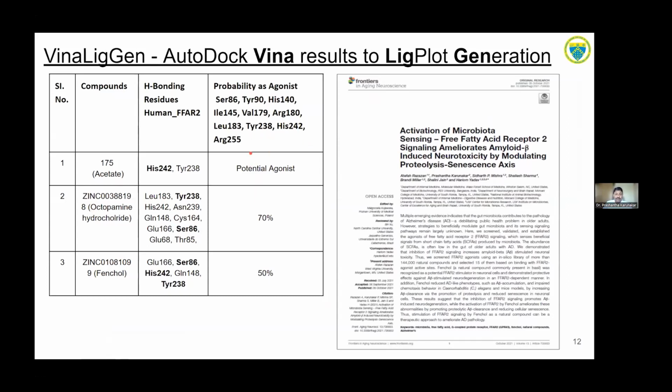So here is one case where I did the intuition based study. I said this is the potential agonist for that one. This is another ligand having like a 70% chance that it acts like an agonist, and this is another ligand which acts like a 50% agonist based on their binding pattern. And then our collaborator tested these molecules, and we got to know that this one, from the basin plant, gave a very good result. So from 1,44,000 ligands after screening,